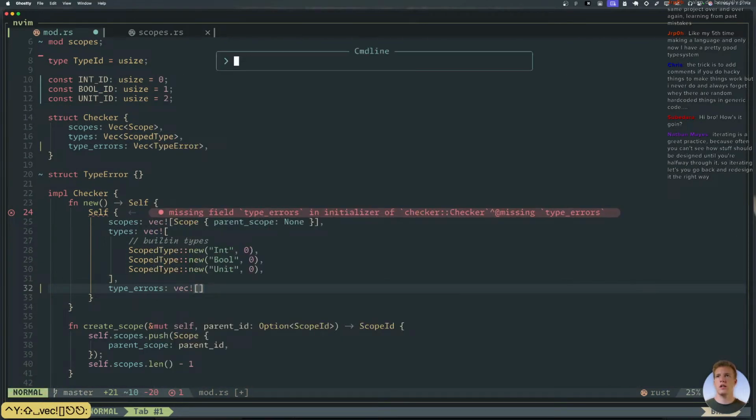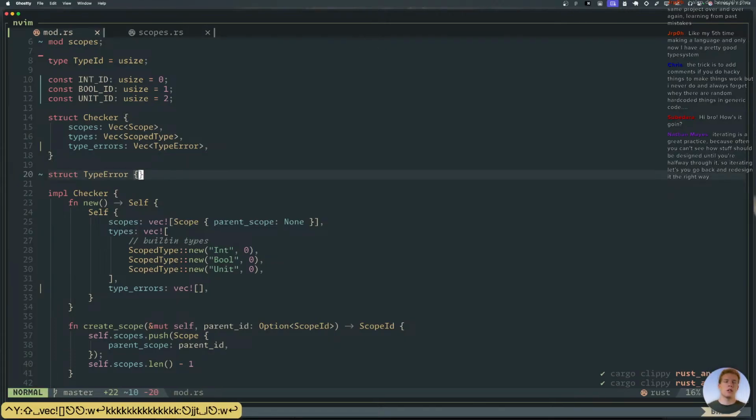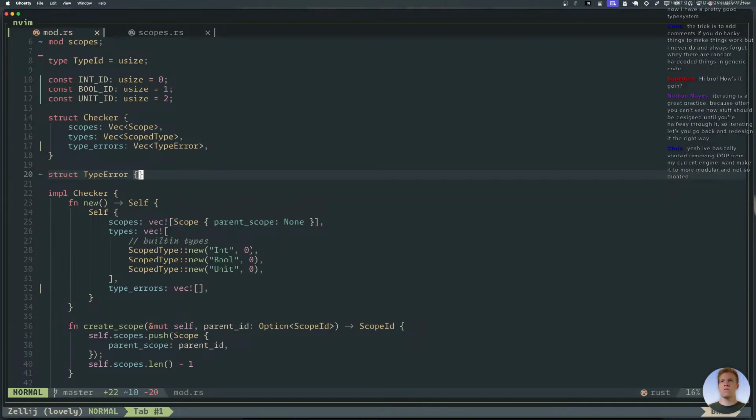Start out with no type errors, hopefully. Type error.